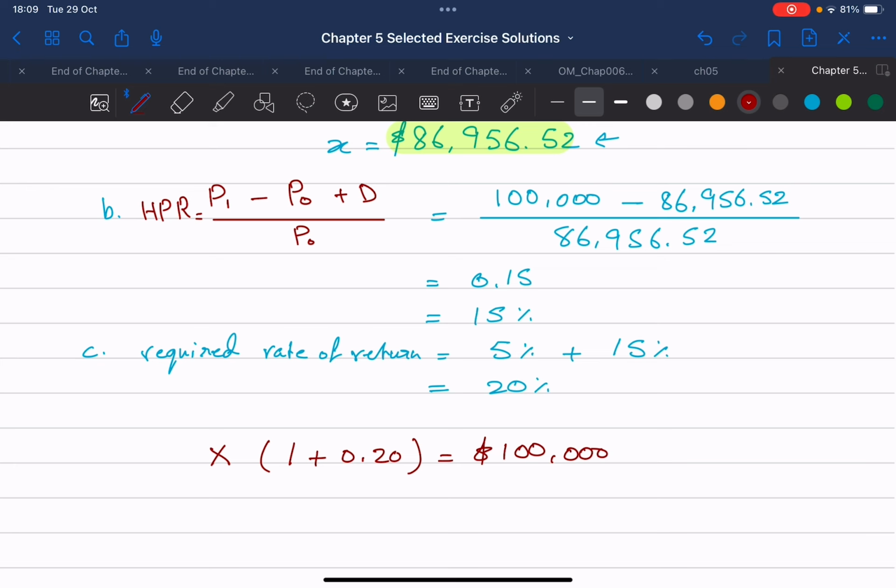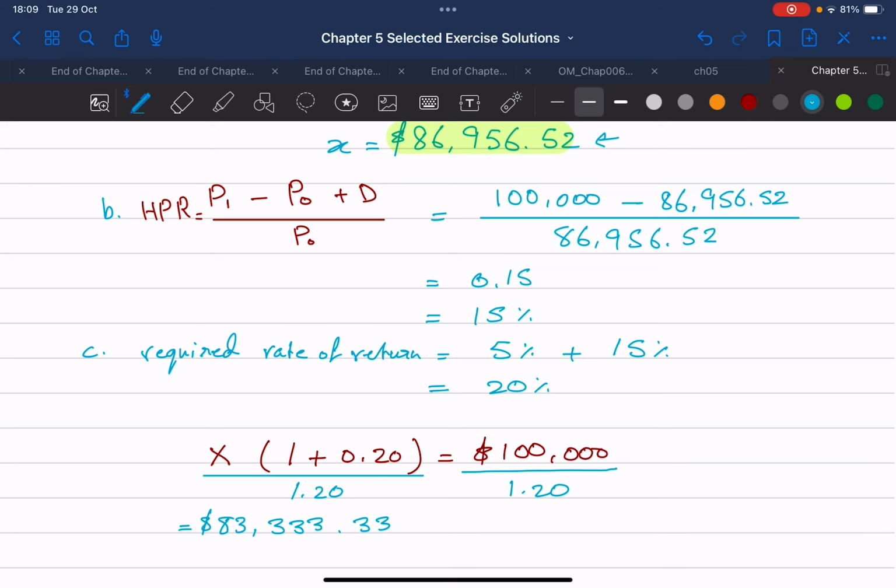So in order to solve for X, we're going to divide both sides by 1.20. All right, so 100,000 divided by 1.2, that gives me 83,333 and 33 cents. Okay,